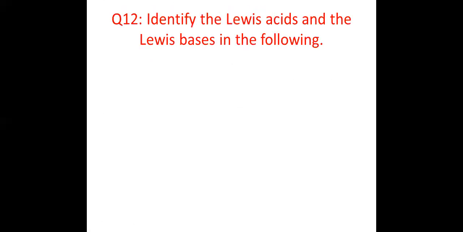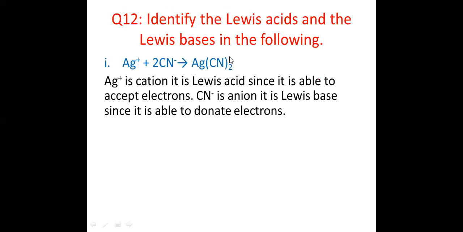Next question, identify the Lewis acids and Lewis bases in the following. We have to identify the Lewis acids and Lewis bases in the following reactions. So silver, when reacting with cyanide ions, 2 moles of cyanide, will form silver cyanide. I told you that the identification of a Lewis acid is that they contain positive charge or they are cations. Anions are Lewis bases because they can donate electron pair, and cations are electron deficient,